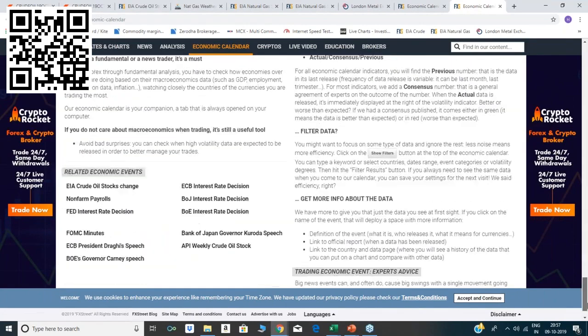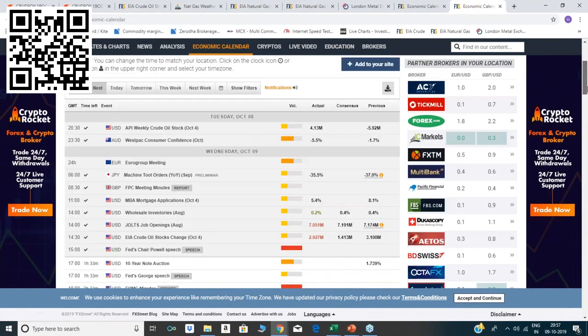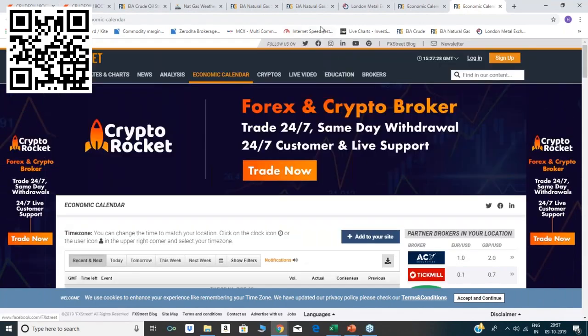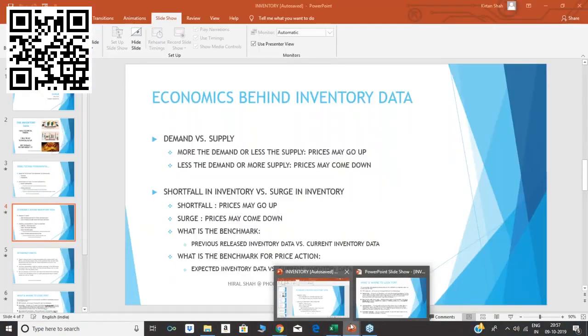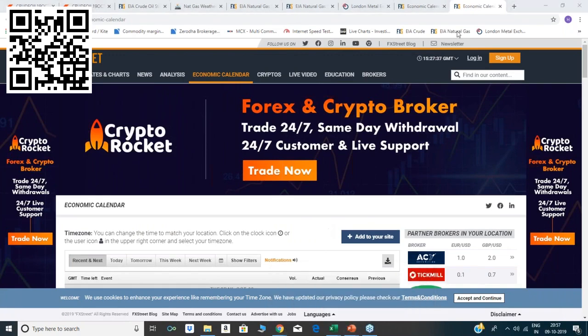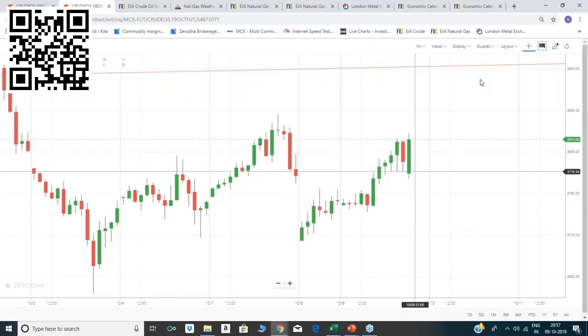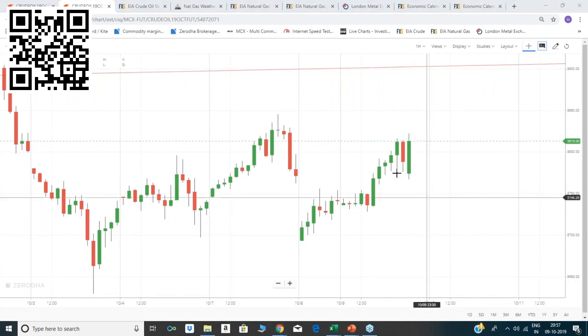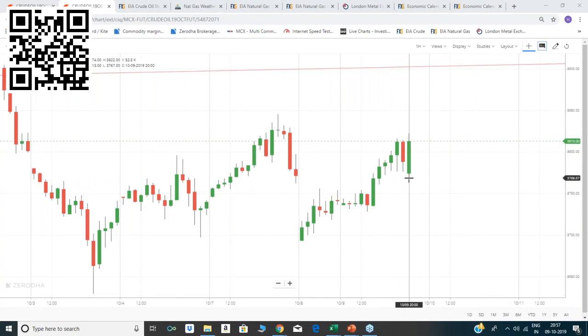Any confusion? So we'll come to the PPT, but before that, do you people want to go and look at what happened to crude? Where is crude lying? Shall we look into what exactly is the result after the inventory? Now Lalit sir was asking me how long the impact of the inventory would be.